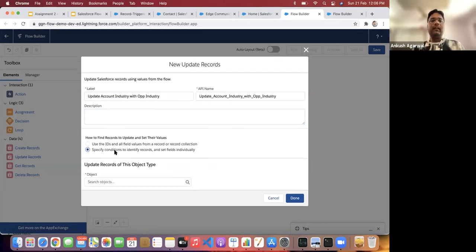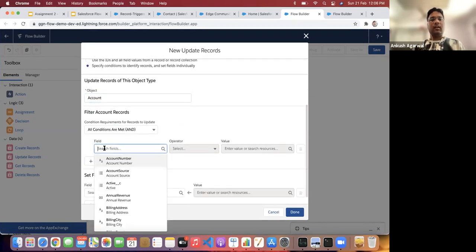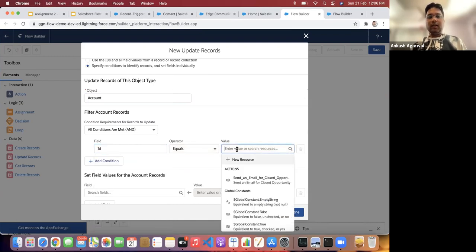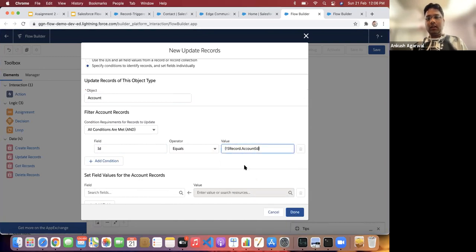We'll do it with specific conditions, because we just want to update the accounts which are connected. So we'll update only with the ID from the record variable. We'll search for the account ID.